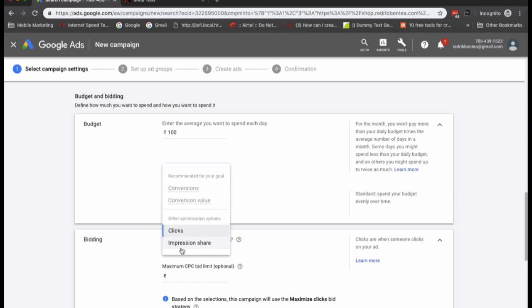I'll explain impression share when we talk about display campaign. For now, we will go ahead with clicks, and we will not enter any maximum cost per click for the campaign. Google's ad platform will help us to choose the cost per click for my campaign. So we'll proceed with the same.